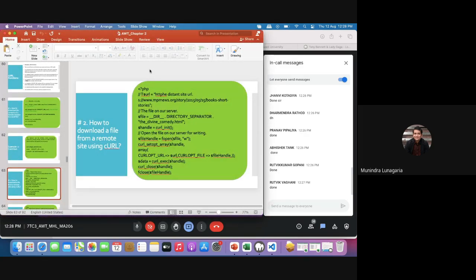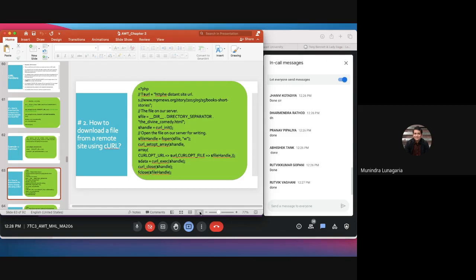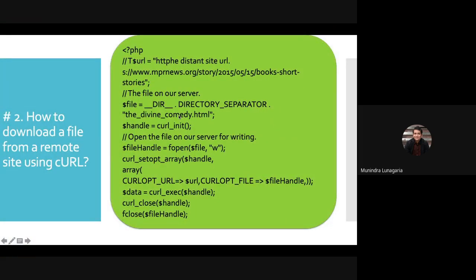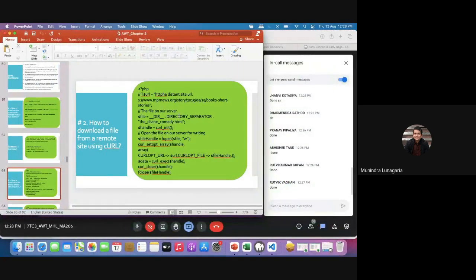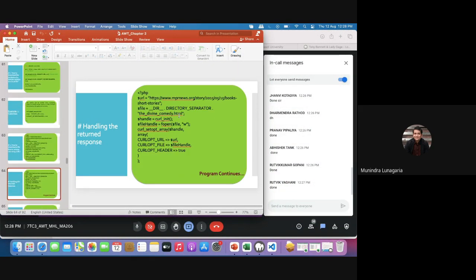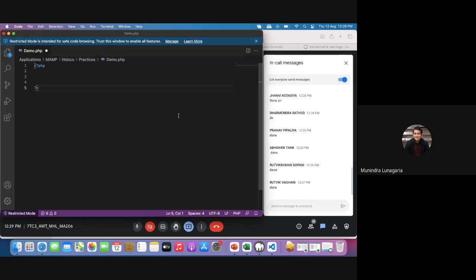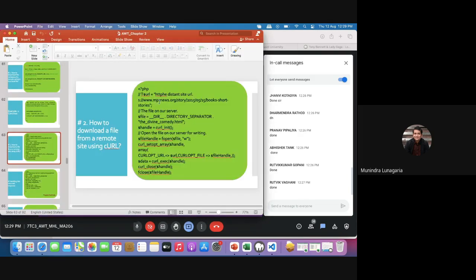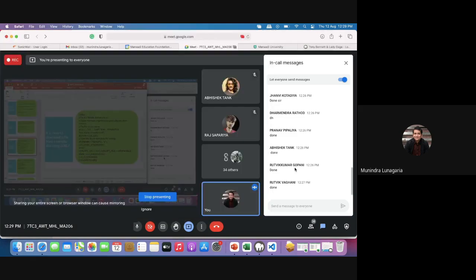Basically in this example, you can see you are going to define some URL over here first. So let's execute this.